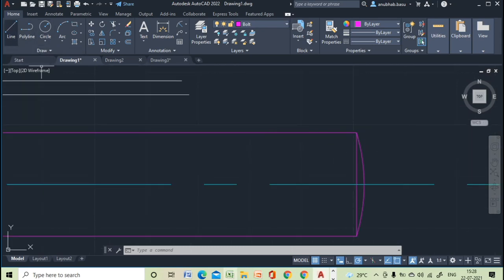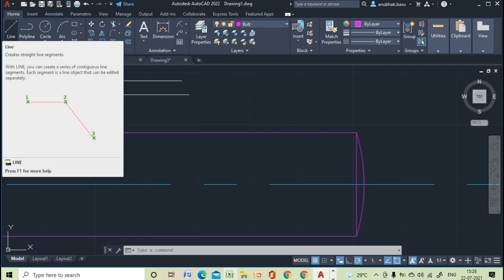Now to draw the threads, it will be equal to the height of the teeth.